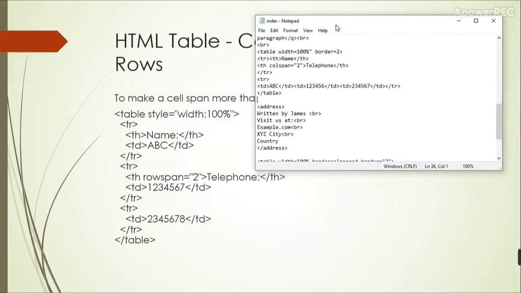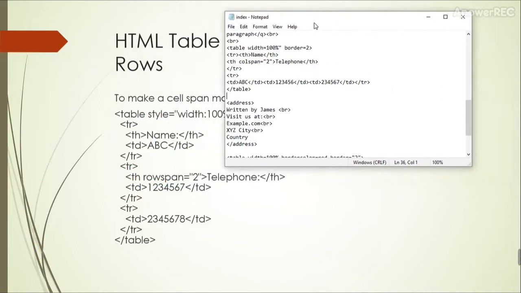Here we will write the same program. Table, style is equal to width 100%. Then we will also give the border. Border is equal to